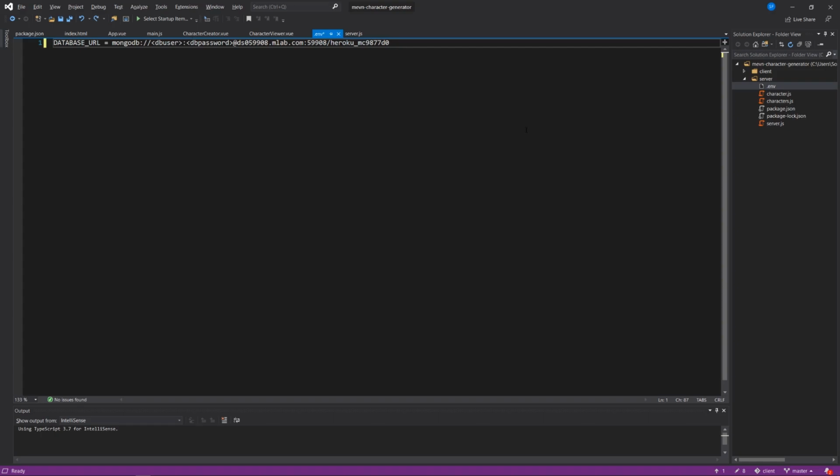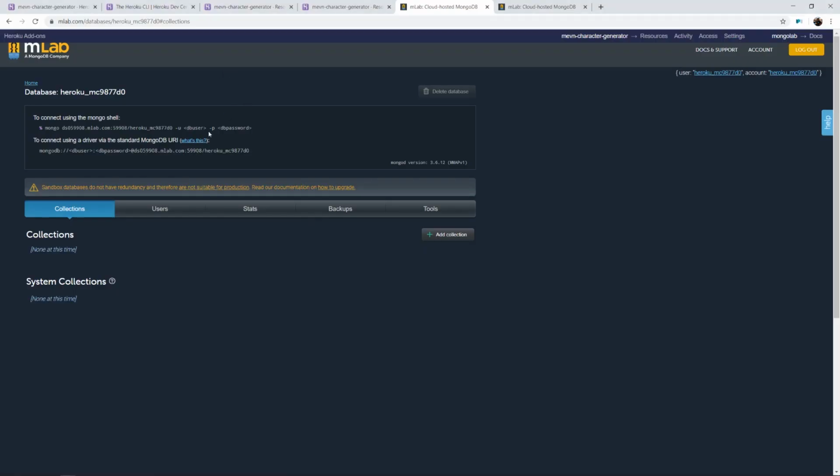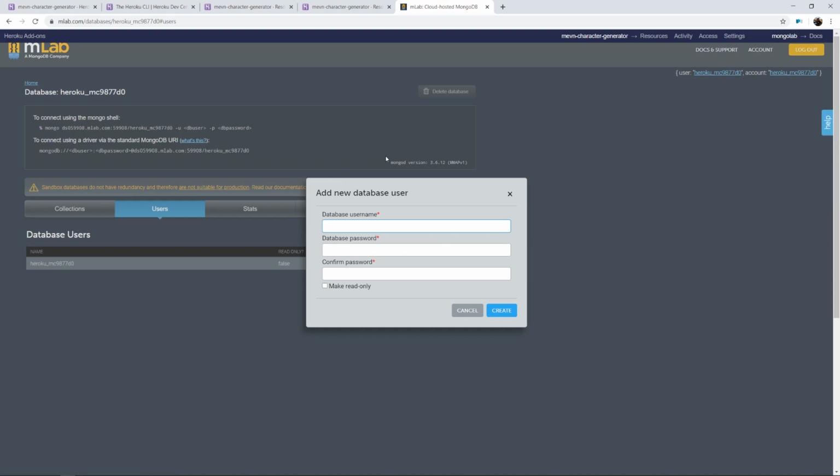And what's not great about this process is that it's not clear which password we're talking about when I use my database password. Is it my Heroku password, or where do I find it in the mLab settings? So just an easy way of working this out is, when you're looking at this screen that says that you need a database user and database password, you can go to users and add a database user, and let's call this person